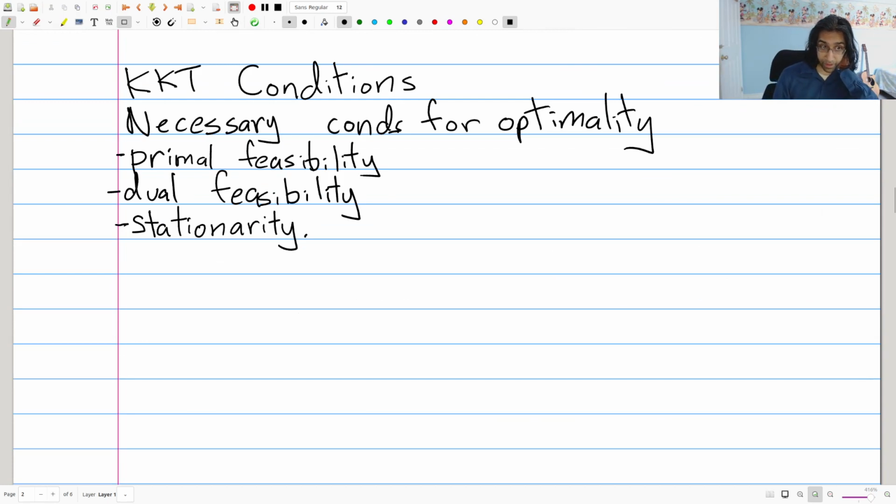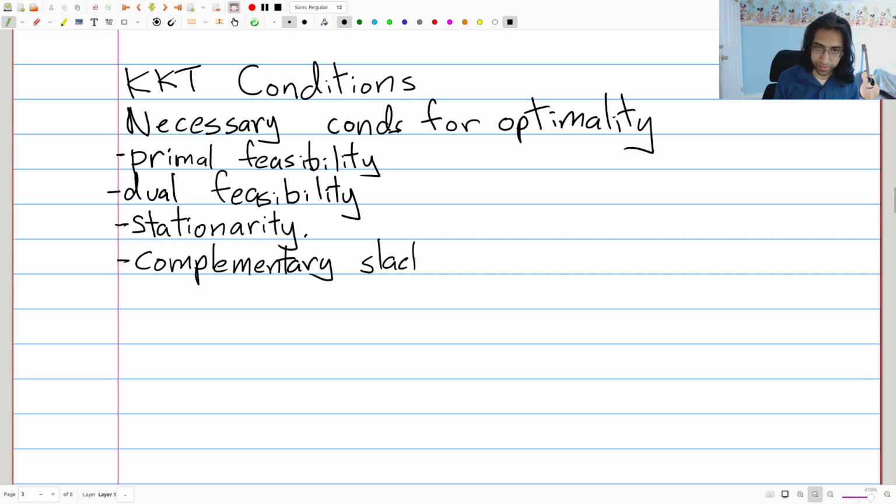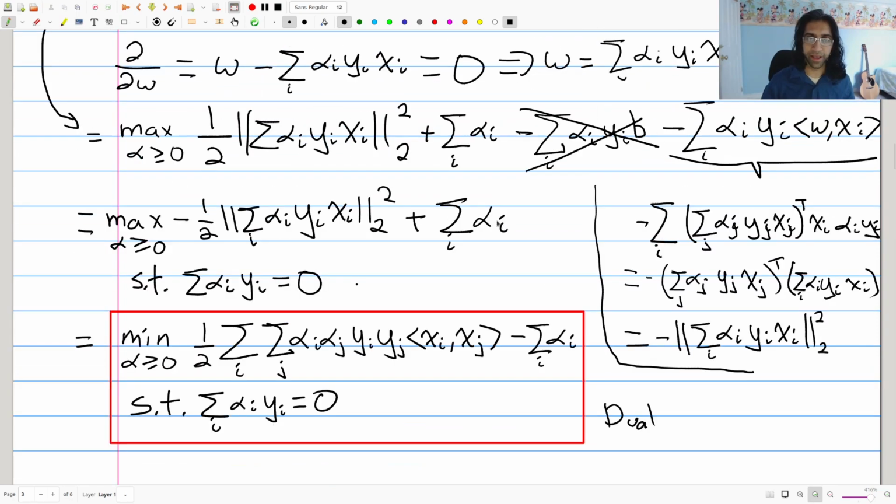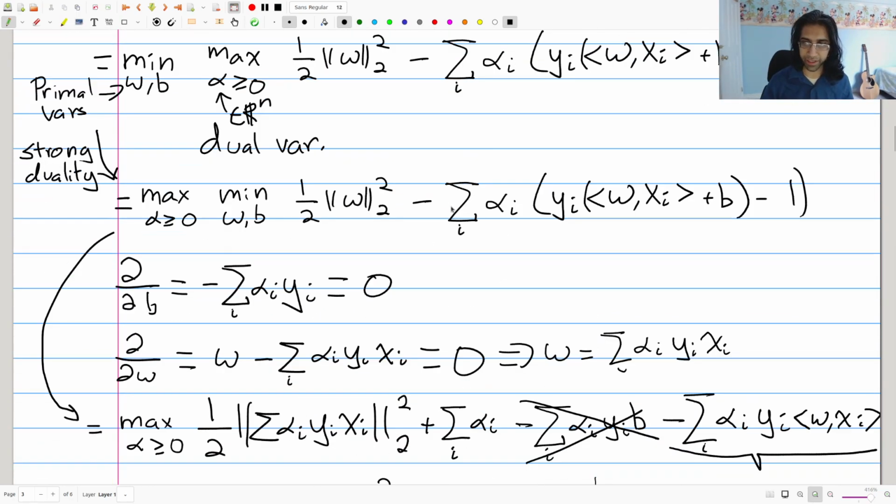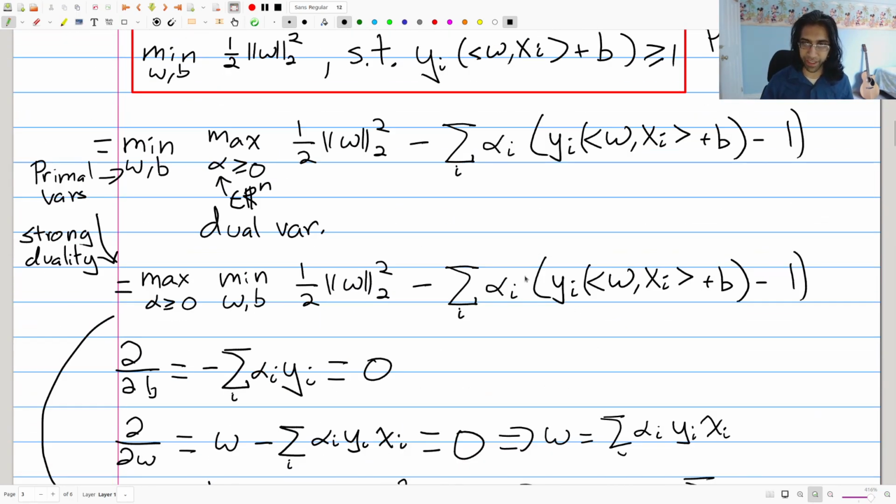But the important one, which will be key to our understanding in our discussion, is what's known as complementary slackness, which is a bit of a fancy word. But what this means is the following. Essentially, it means that each of these individual constraints is going to be equal to 0. So let me